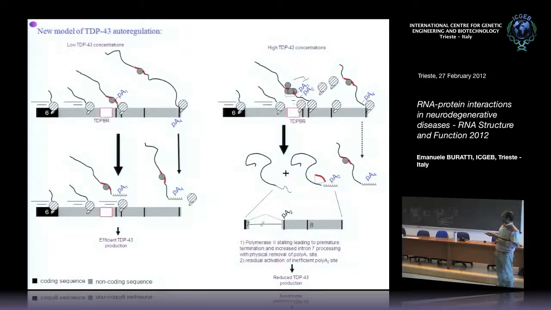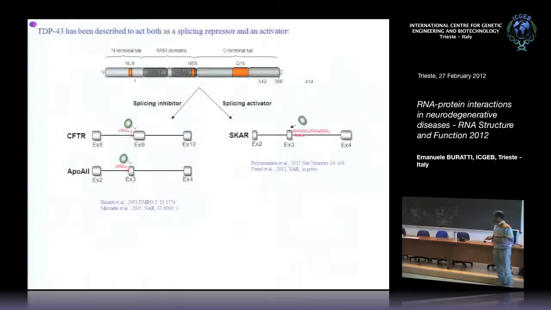If you have a lot of TDP43 that is binding to the TDP43 region, then the presence of this TDP43 causes a stalling of the polymerase in this position here, and this stalling can actually favor the excision of the intron 7 with the removal of the poly-A1, and the switch to a less efficient polyadenylation. And also, even when this removal does not occur, the poly-A1 use is inhibited by direct competition with the CSTF64